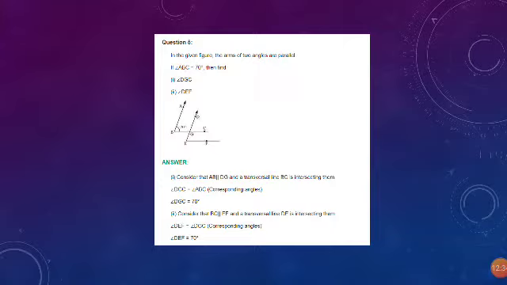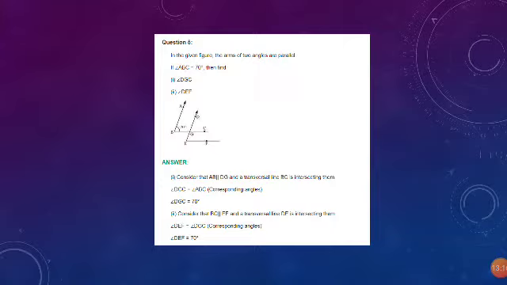So angle DGC is equal to angle ABC. That is corresponding angles, which means F-shaped angles. See the figure, children. It is an F-shaped angle. So angle DGC is equal to angle ABC, and angle DGC is equal to 70 degrees.